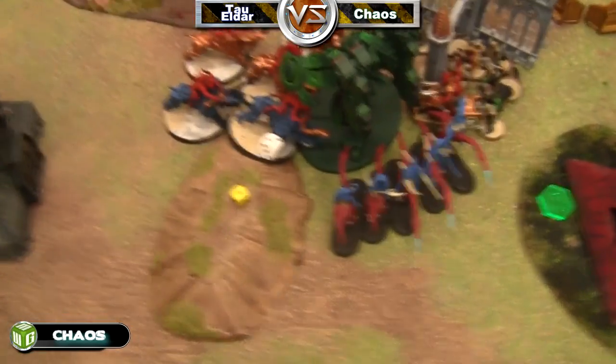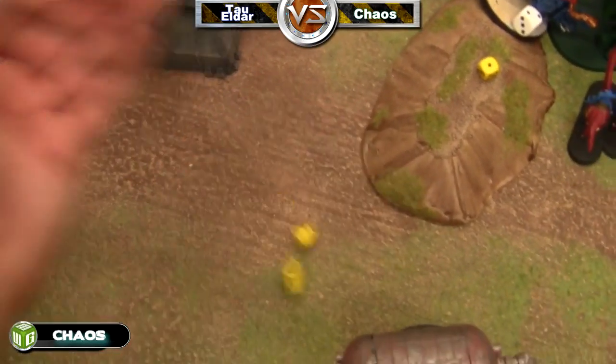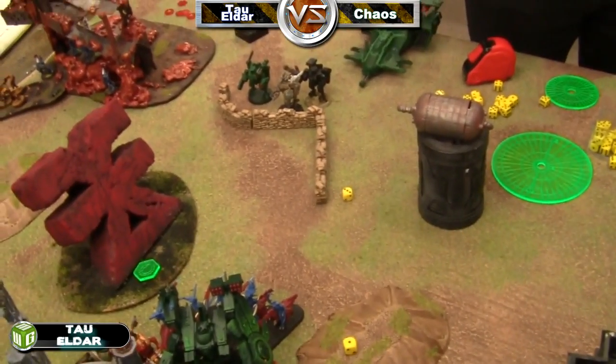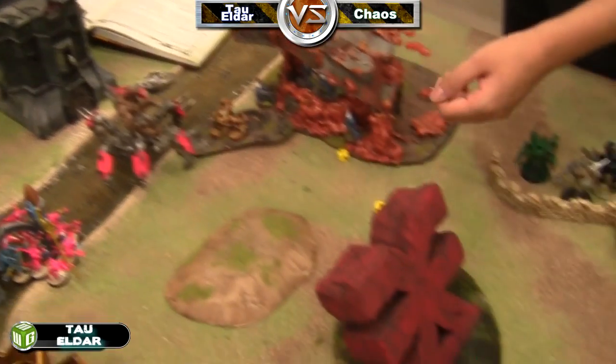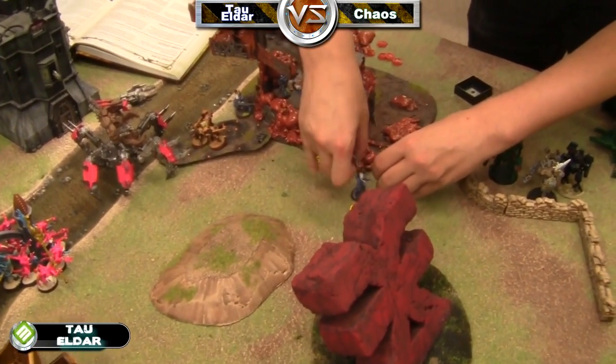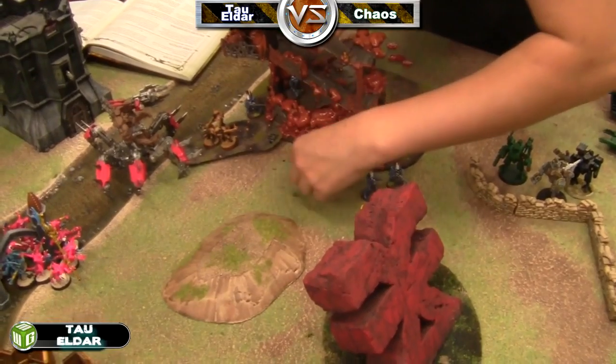Haven't made a single Feel No Pain yet this game. Kind of a bummer. Leadership 6, and I pass. My turn. I turn on my reactor so I can have a 3-up invuln. These Fire Warriors stumble out of the terrain, or rather the Dire Avengers stumble out first, and then from there